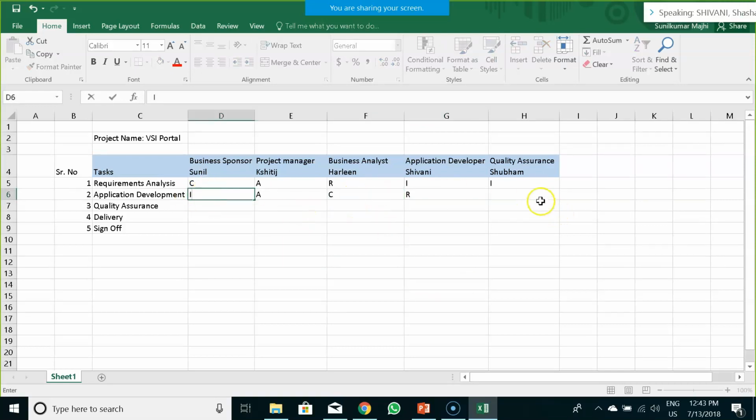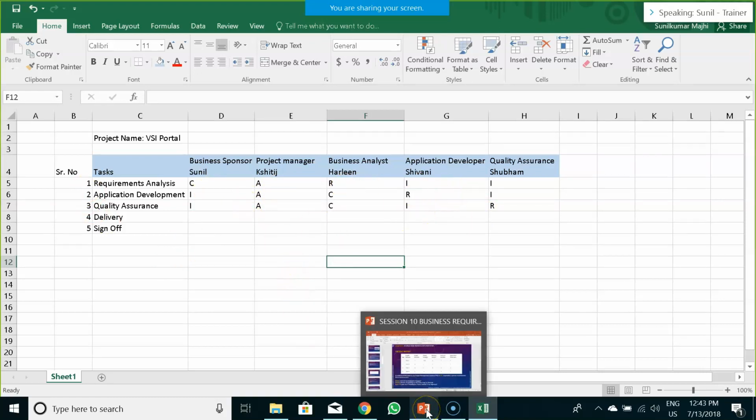And informed would be your business sponsor and quality assurance. Similarly, for quality assurance, who should be accountable? Project manager. Who should be responsible? Quality assurance. Who should be consulted? Business analyst. And business sponsor would be informed. So similarly, you could create a task list depending on this, and you could identify who is accountable, who should be responsible, who should be informed, and who should be consulted.